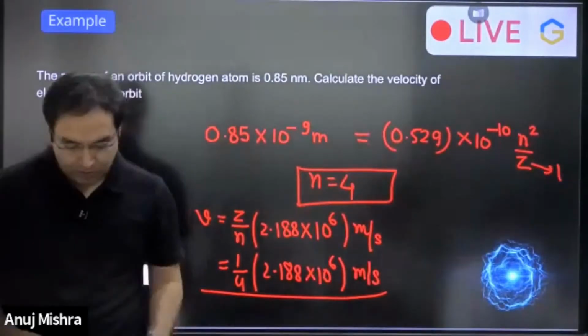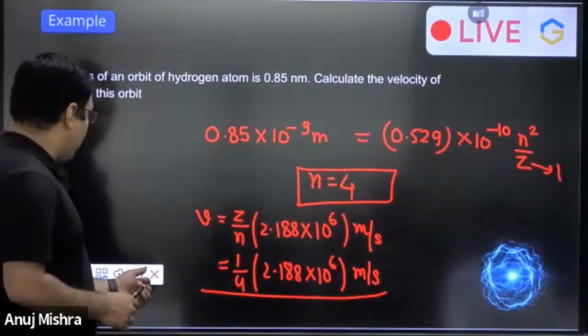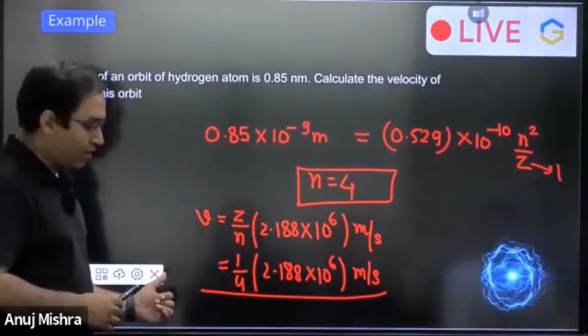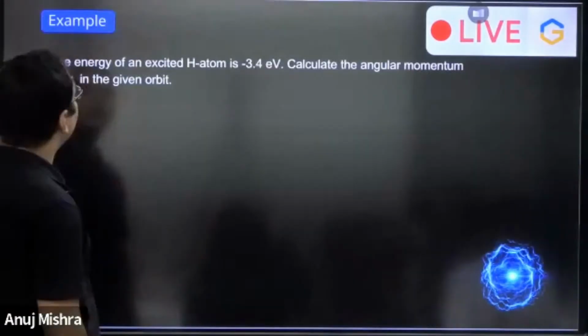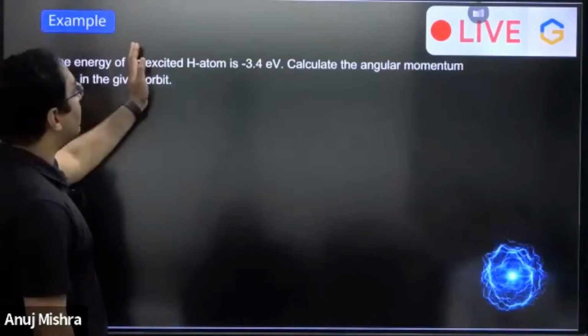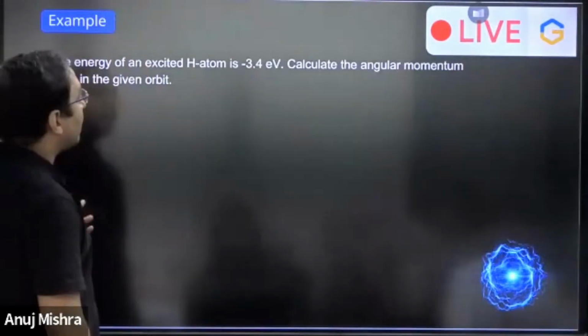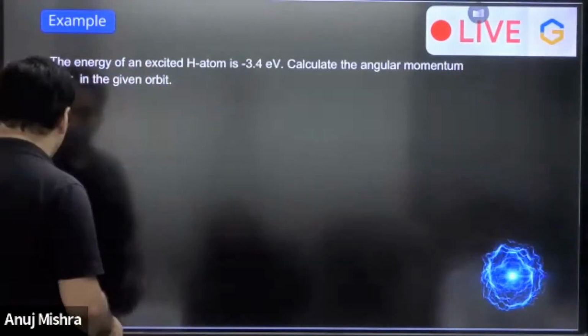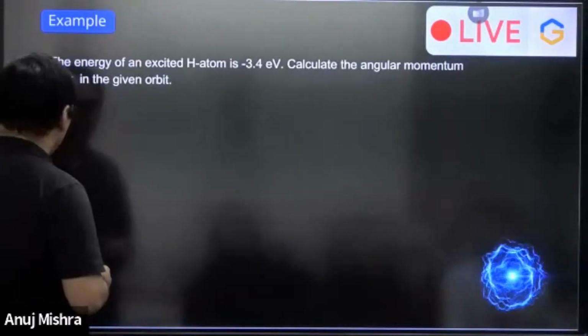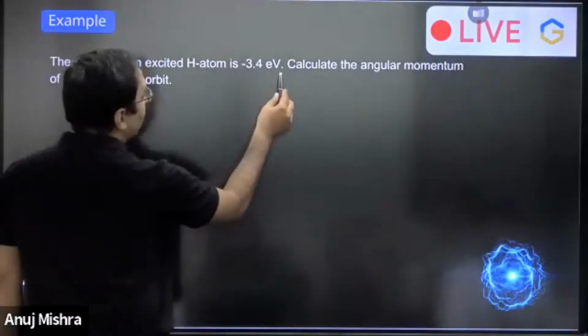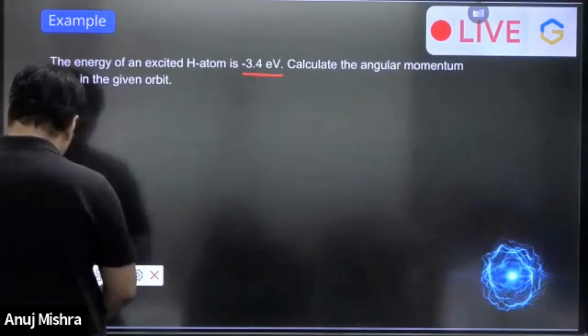Now coming to the next question. Can I remove this? All of you have done this part. The next question is, energy of an excited hydrogen atom is minus 3.4. Calculate the angular momentum of the electron in the given orbit. अब कैसे करोगे? ये minus 3.4 कहाँ पे होगी energy? We have to check that. So see,